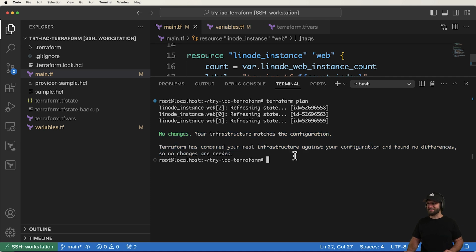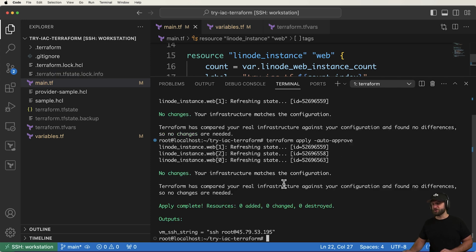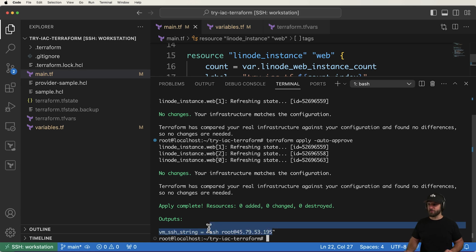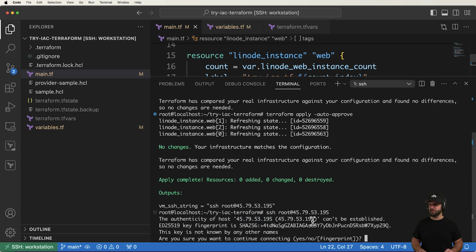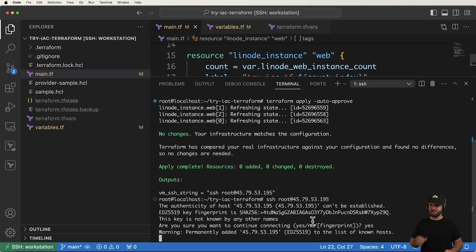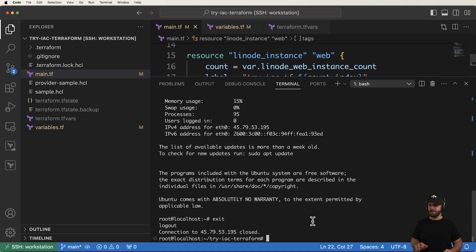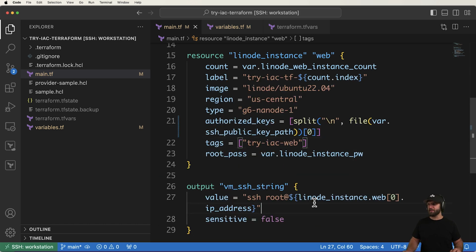The only thing I want to test now is the SSH process. So, auto approve. I shouldn't have to actually enter the password any longer. So if I do root, I say yes, and I'm able to enter into that virtual machine without doing the password, which is exactly why we have these authorized keys here in the first place. So now that we've got this, let's take a look at how we might additionally add things